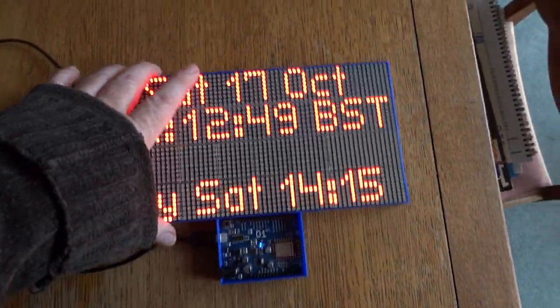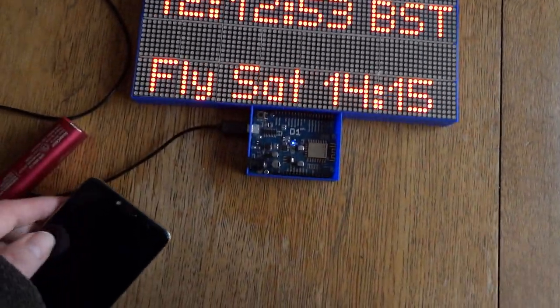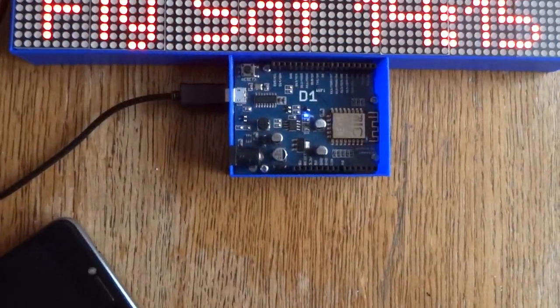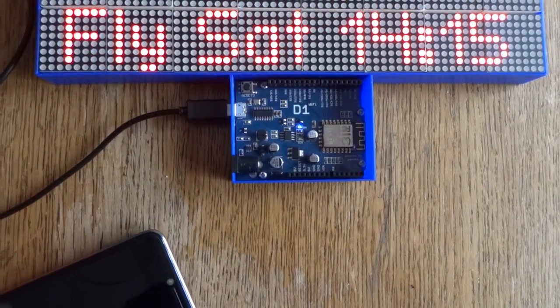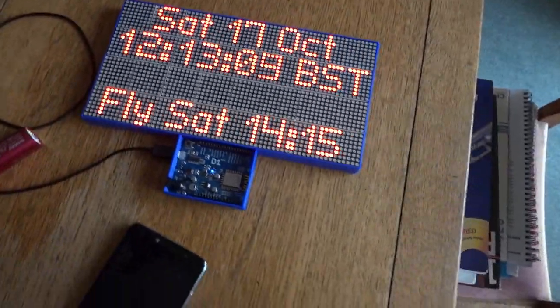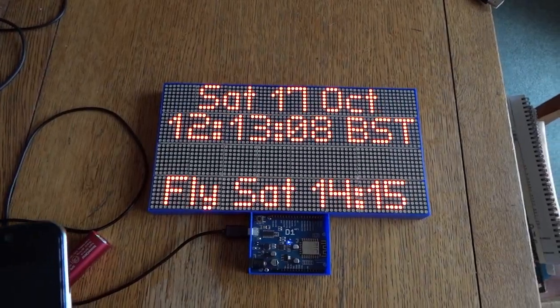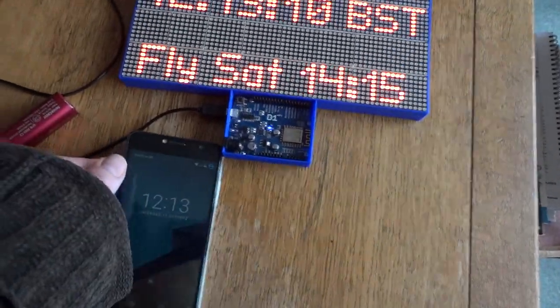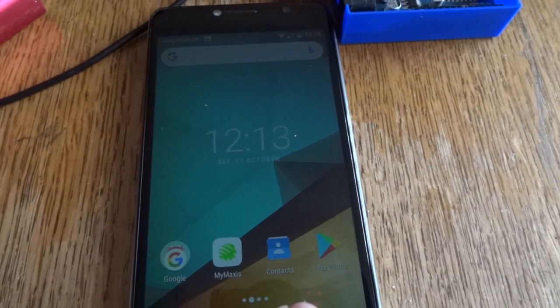Now the bottom two rows of the display, you can use them for anything, so that's partly why I left the Wemos exposed. You could plug in, I don't know, a temperature humidity sensor or something, but at the moment I've made it do a little web interface. So if I get my phone and go to a web browser,